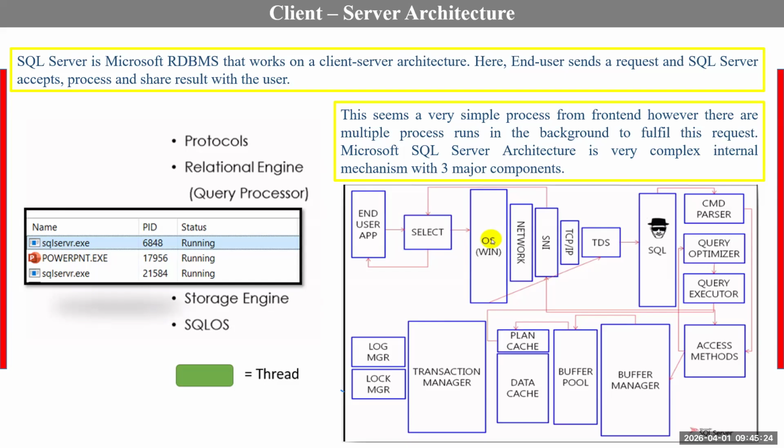Clear. So what is the first point I told? Once it enters the database engine, first it will go to the relational engine. Under the relational engine, first it will go to the command parser. It will first do the syntax checks, then the semantic checks. Then it will bind the request and prepare the query tree. That query tree will go to the optimizer. The optimizer will prepare the execution plan based on the selectivity and the cost. Once the execution plan is prepared, it will go to the executor, and the executor will execute the request. Got it? There is no data here in the relational engine.